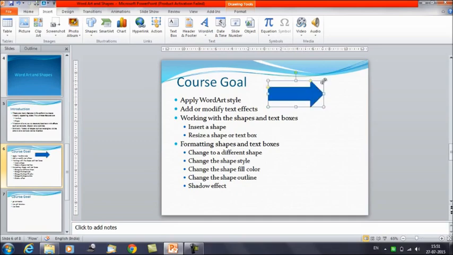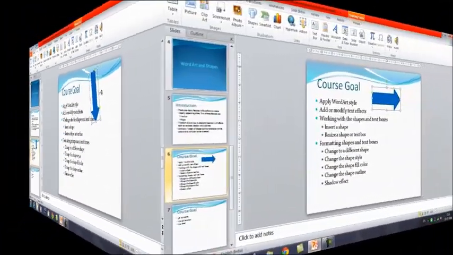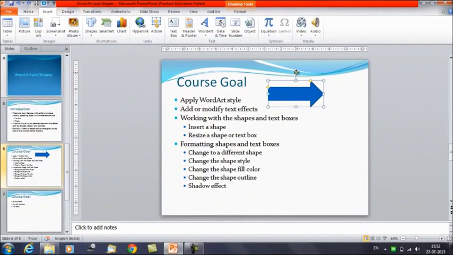If you want to rotate it, you can try to do it with this green handle. If you want to rotate the shape, you can do this with the help of this green handle here. Yeah, in this way. You can change the location, the direction also. This is how you can rotate the shape as well. You can resize the shape and you can rotate the shape as well.